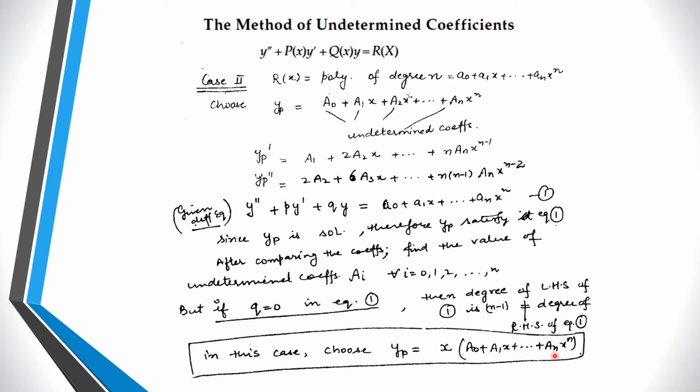Now again, since this is a particular solution of this equation, it should satisfy it. So after finding yp dash and yp double dash and substituting over here, we can find the values of these coefficients. After getting the values of these Ai, substitute over here and you will have the particular solution. And after considering R(x) to be 0, meaning the homogeneous differential equation, you can find yg, the general solution of the homogeneous second order differential equation, and at last you add these two, and you will have the general solution of this differential equation.